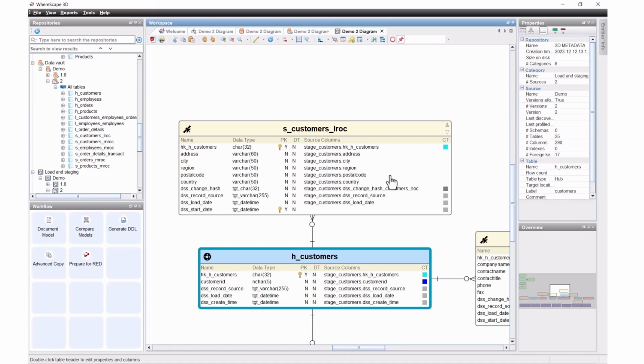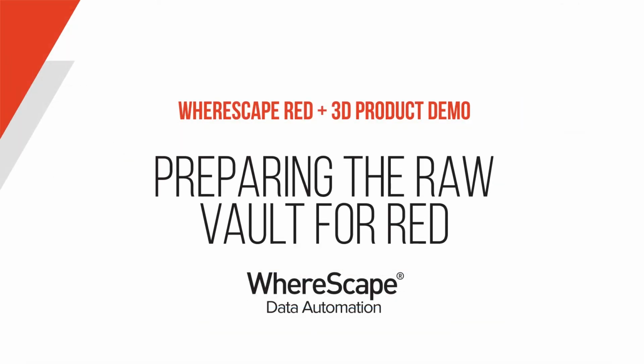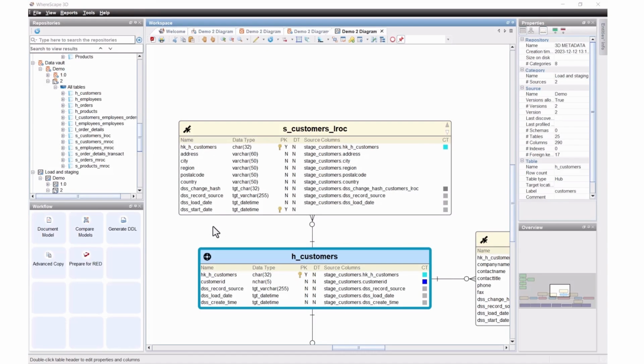But that's what we've done so far. We've profiled the source system. We've created our conceptual model of our raw vault with the hub satellites and links. Now we've added the load and stage tables, and now we're getting ready to build it. So there's two final steps. We have to prepare this for RED, which is our builder tool, which will create the physical database. It'll create the DDL and execute it to create all the tables. It'll generate the Python scripts and action scripts needed to update data and move it through from the load tables to the stage tables to the raw vault.